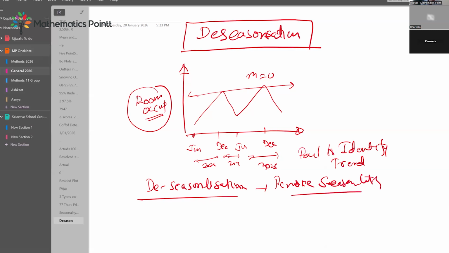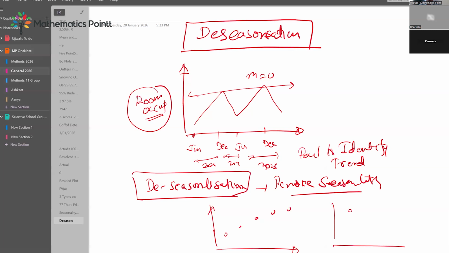When you remove the seasonality and plot the deseasonalized values on the time series plot, you will start to see some trend, either up or maybe down, which is not visible in the first place when the data is given